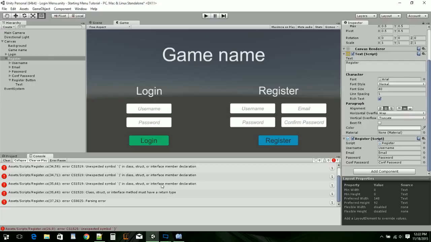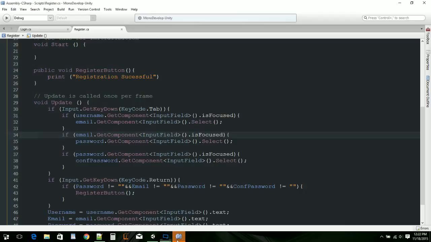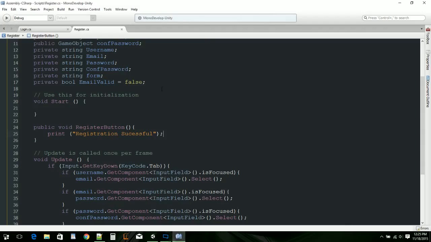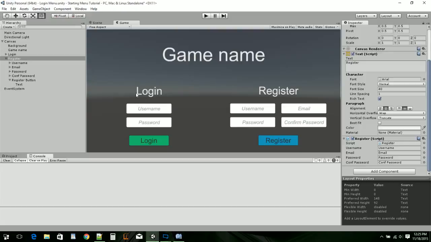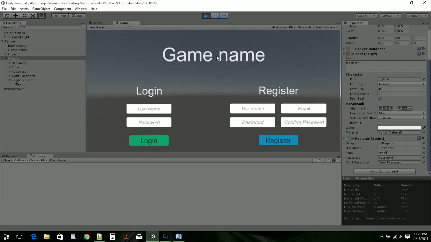Okay, we got all these errors. Unexpected. Where is that? Okay guys, back. So I found out what the problem was. The problem was I actually forgot to add a semicolon right here. So some little things like that could add total destruction to all your code. So just make sure you add the semicolon. Okay, so now that that's the case,